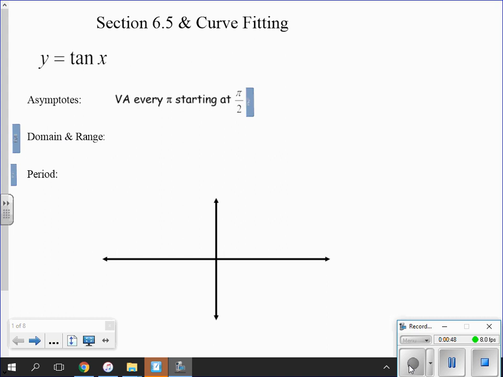Remember, the tangent is the sine over the cosine. So you're going to have an asymptote wherever the cosine is equal to 0. Right? Because if it's sine over cosine, it's undefined when the cosine is 0. That's why you have asymptotes where the cosine of x is equal to 0. There are places where it won't exist, because you're not allowed to divide